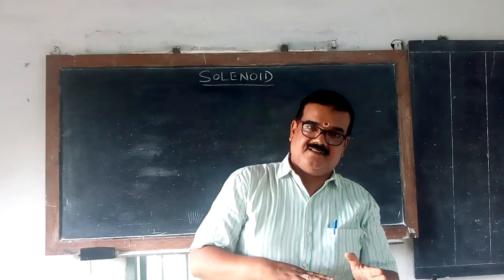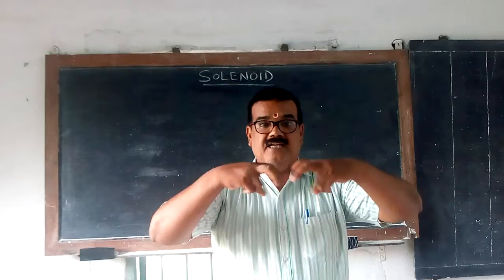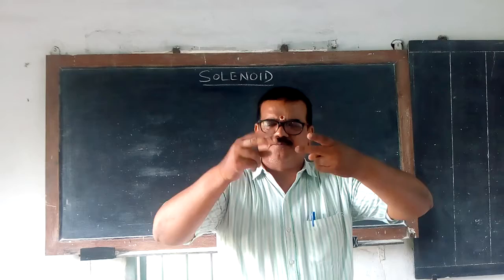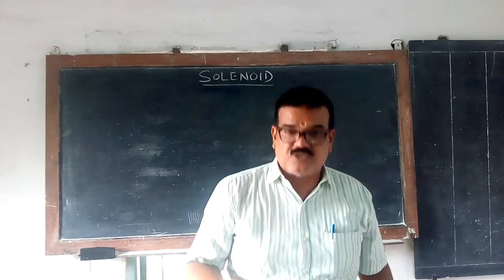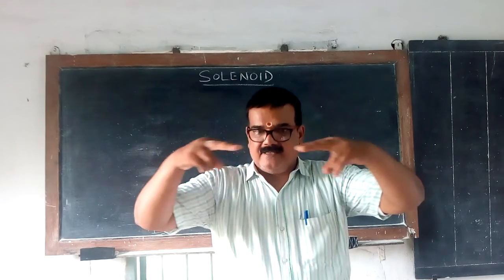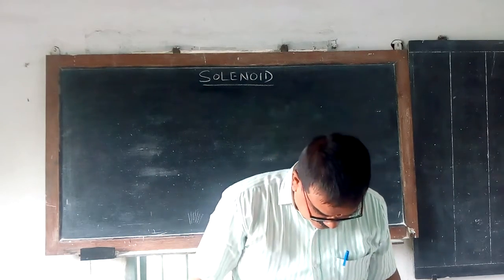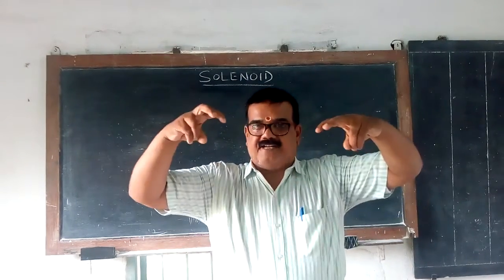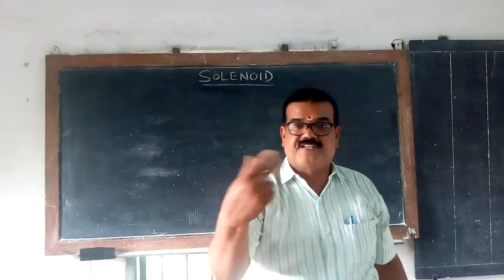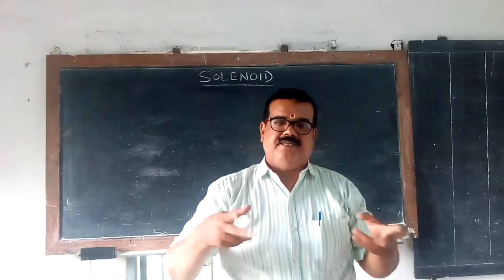It becomes permanent. Next, in the double touch method, two magnets are wiped without lifting. There is a small difference between the double touch and divide touch methods. In the divide touch method, the magnets are lifted after each stroke. Here there is no lifting, just pulling back and bringing back. In the divide and touch method, it is lifted, brought back to the center, lifted, and brought again. That's why I have written: not lifted in double touch method, lifted in divide and touch method. That is the simple difference between the two methods.